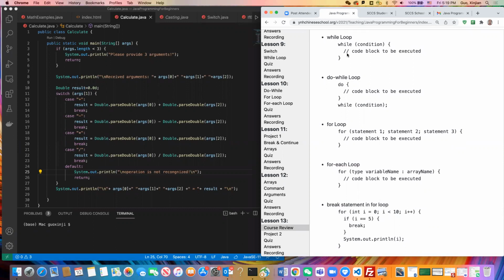There are different types of loops. While loop: while this condition is true, then do something and then come back and check the condition again. If the condition is still true, do that and come back, check again, until the condition is false, then end the loop. Then do while loop